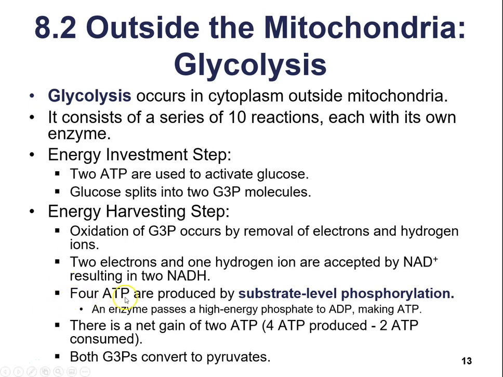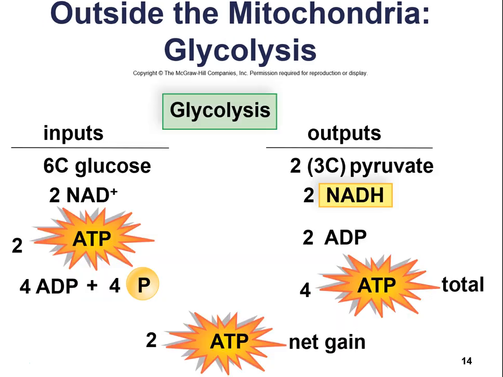And so it says here, 4 ATP are produced by substrate level phosphorylation. This means the formation of ATP directly, right? That you had an ADP and there's an enzyme that basically adds a phosphate group to the ADP, making it ATP. So that's what we mean by substrate level phosphorylation, the production of ATP directly by essentially,